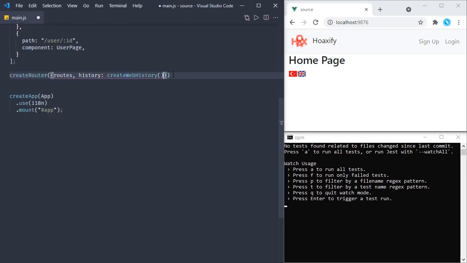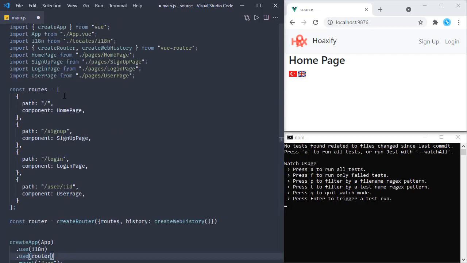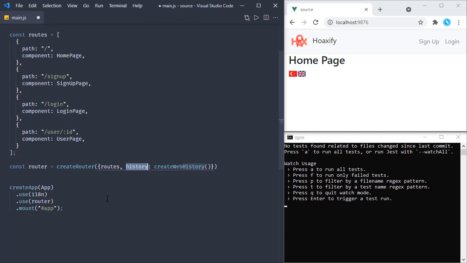And this is creating, let's call this one router plugin, and we can use that plugin just like using this i18n right here. So we are creating an array of routes objects with the path and the component, and we are creating a router based on this array, and we have this history option,